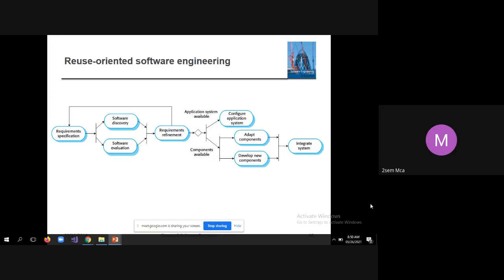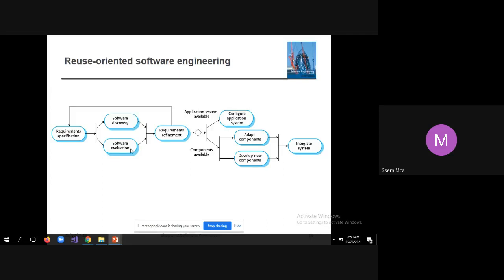So once you come up with the requirement specification, that is, once you have the SRS document with you, then you can discover the software. That means software discovery, it's a process which involves cross-checking whether you have any software which is reusable for this project. So that is called software discovery.